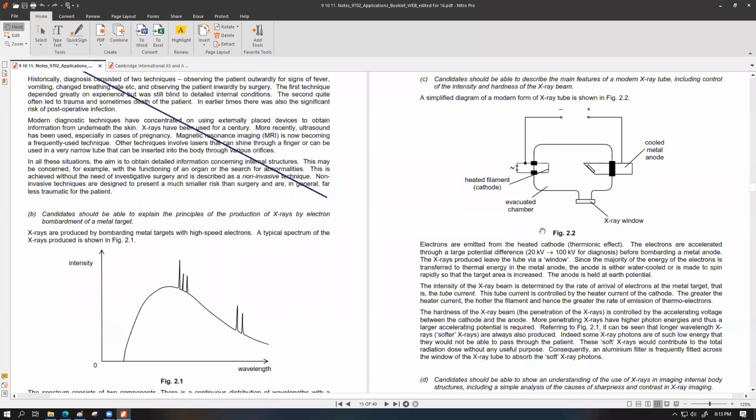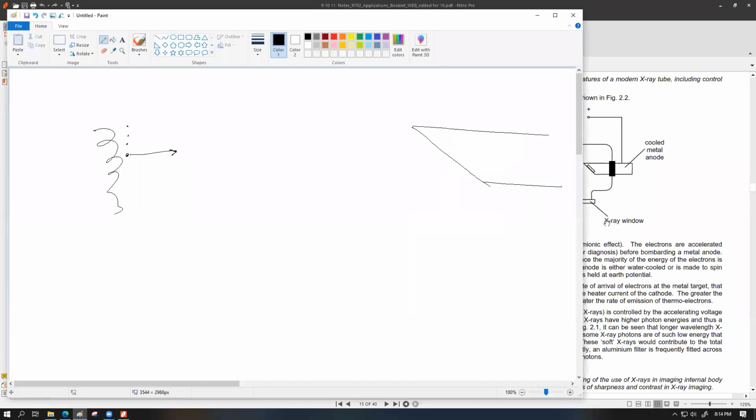But what we need to understand is that we put the patient over here. Behind the patient, we put the detector. The detector could be a digital detector, CMOS sensors, or it could be a photographic plate directly, which is a basic old version of a sensor. However, the point that I'm trying to make is that whenever, let's say for the sake of argument, all of those electrons